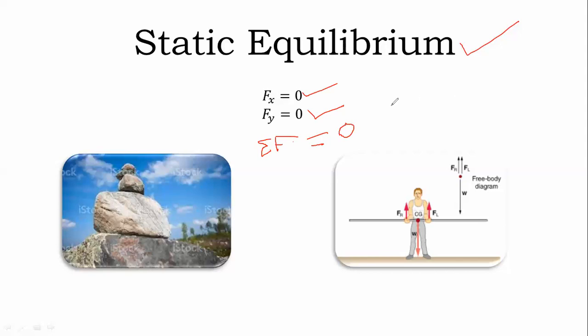Along with this, there is one more criterion, my dear students: summation of C equal to 0. The couple on the body must be equal to 0, which means whenever you take the moment on that body with respect to any point on it, the moment is going to be 0. Then we can say that body is in equilibrium. So the condition for static equilibrium is summation of F equal to 0 and summation of C equal to 0. This is the condition for static equilibrium.